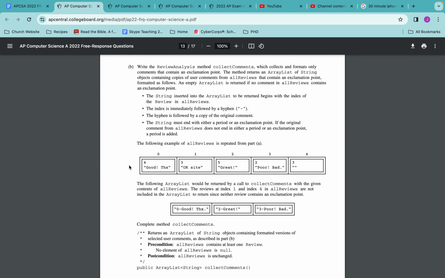So, okay, now write the review analysis method collect comments, which collects and formats only comments that contain an exclamation point. Okay, contain an exclamation point, right? When I see something where you're checking to see if a string contains another string, that tells me index of is probably going to be helpful. The method returns an array list of string objects containing copies of user comments from all reviews that contain an